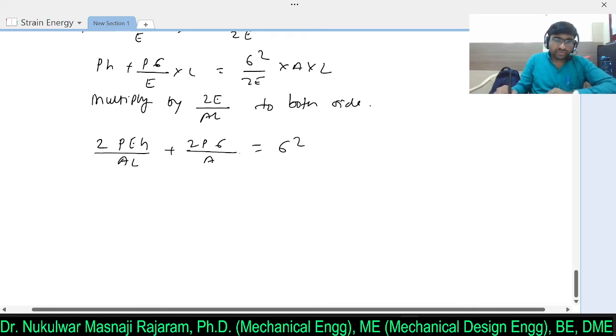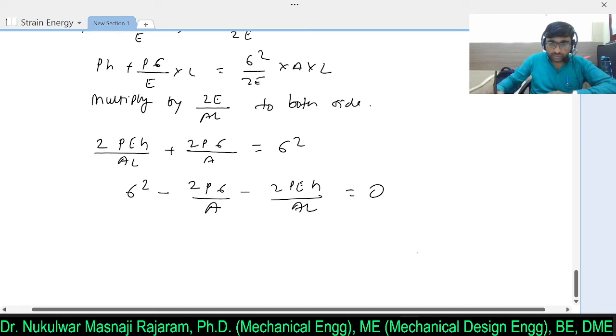Now if you take the sigma square to this side, then I can write sigma square minus 2P sigma divided by A minus 2PEH divided by AL equal to 0. Clear. So this is an expression where we can solve this equation by using this formula,